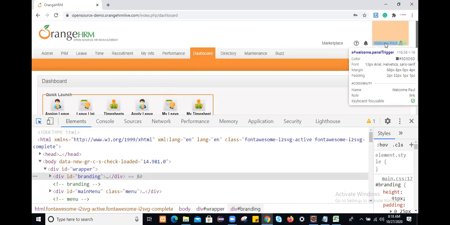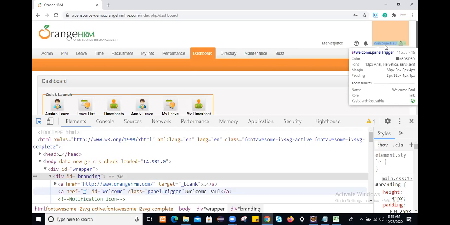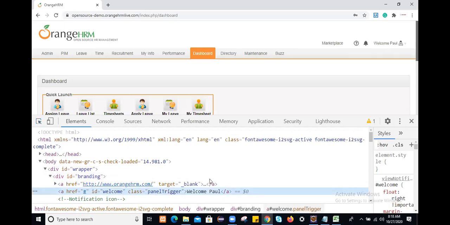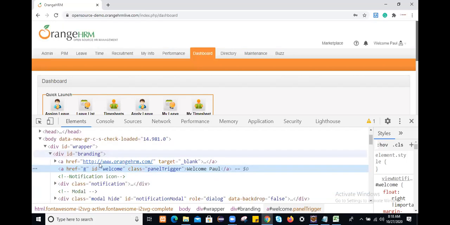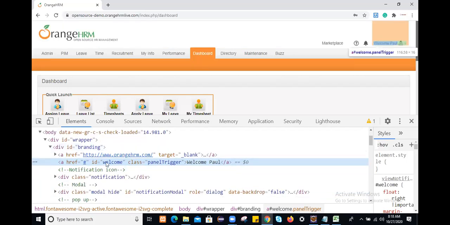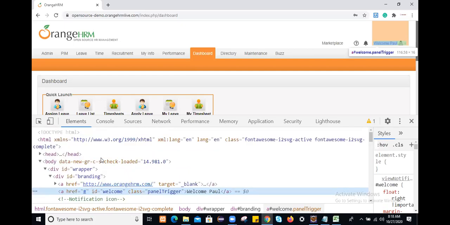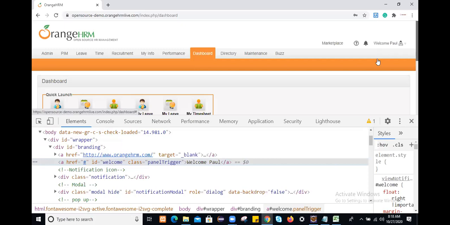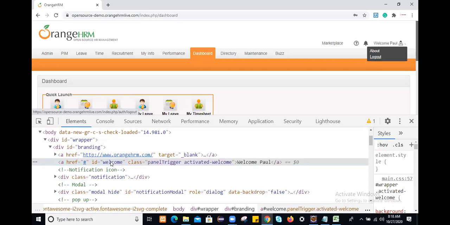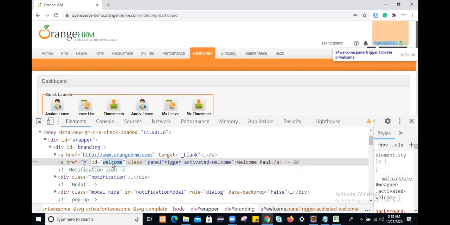Actually, when you log in with the admin credentials, you have to see this. So we will log out from the application where id is equal to welcome. By using this id we will log out from this application. Once you click on this id welcome, you will get a logout. So by using this, let me create one based on id.